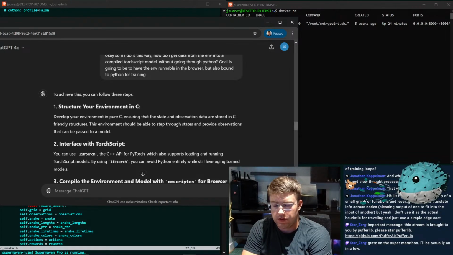Also, if I do the raylib rendering in C, it's going to be much, much faster. I'll probably be able to throw together some really cool demos, right? I was running in a browser.